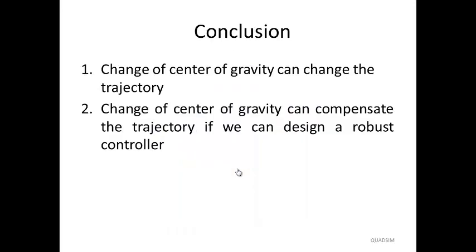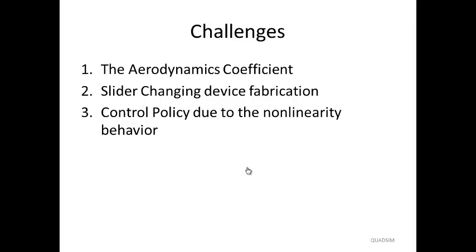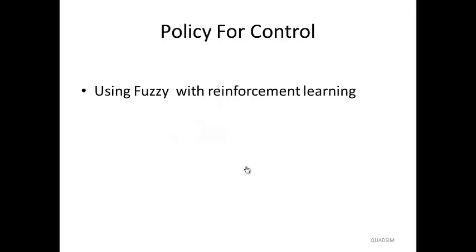What about the conclusion? We propose that the change of center of gravity can change the trajectory, and also change of center of gravity can compensate the trajectory if we can design a robust controller. But we have some challenges. The first one is the aerodynamics coefficient. The second is a slider changing device fabrication. It is more important. And the last one, and the challengeable one, is control policy due to nonlinearity behavior. And for this reason, we propose the using fuzzy with reinforcement learning. This kind of controller